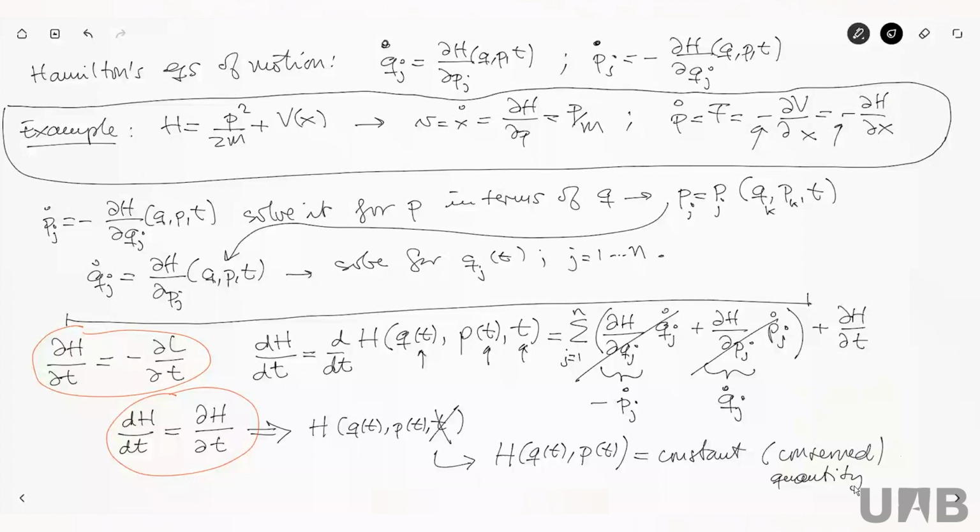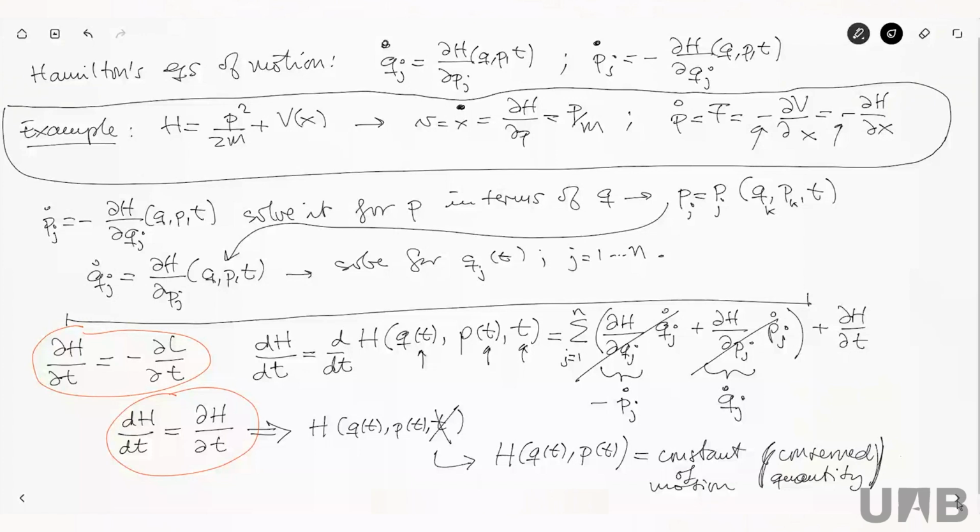Another thing is, is the Hamiltonian the total energy of the system? Well, we will see. But regardless of whether the Hamiltonian is the total energy or not, if the Hamiltonian as a function does not depend explicitly on time, then it does not depend on time at all. It's a constant of motion, constant of motion. All right.